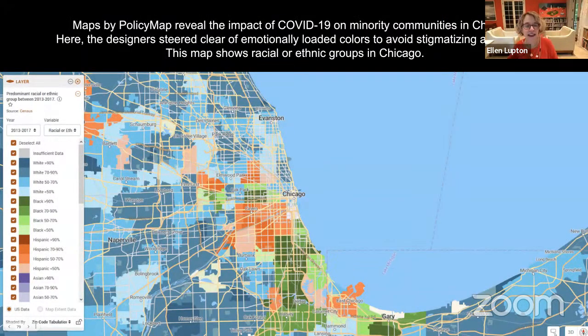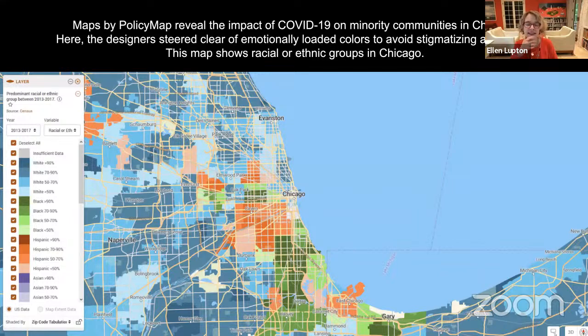And they're very, very careful not to use red to represent something bad. They want to use color in a more neutral way to avoid stigmatizing any particular group or any particular event going on.